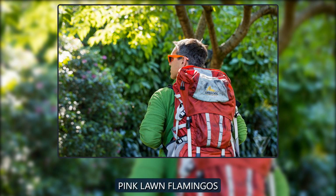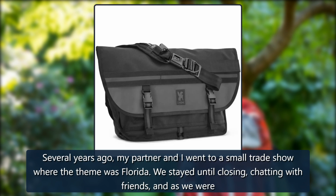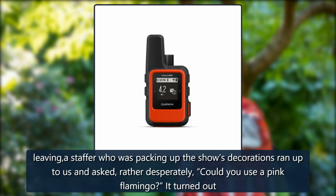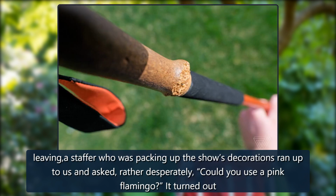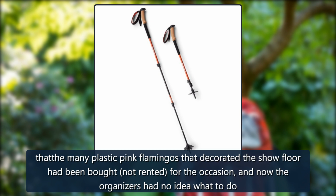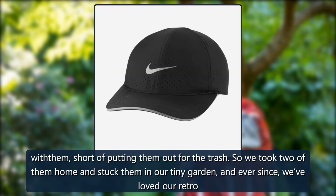Pink Lawn Flamingos. Several years ago, my partner and I went to a small trade show where the theme was Florida. We stayed until closing, chatting with friends, and as we were leaving, a staffer who was packing up the show's decorations ran up to us and asked, rather desperately, "Could you use a pink flamingo?" It turned out that many plastic pink flamingos that decorated the show floor had been bought, not rented, for the occasion, and now the organizers had no idea what to do with them, short of putting them out for the trash. So we took 2 of them home and stuck them in our